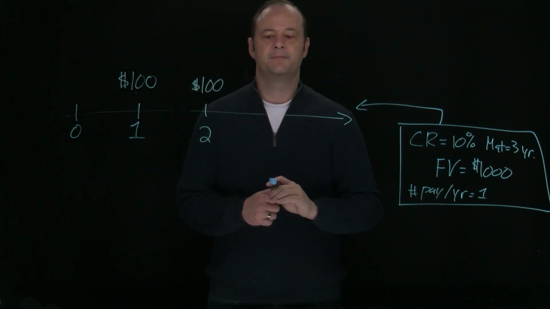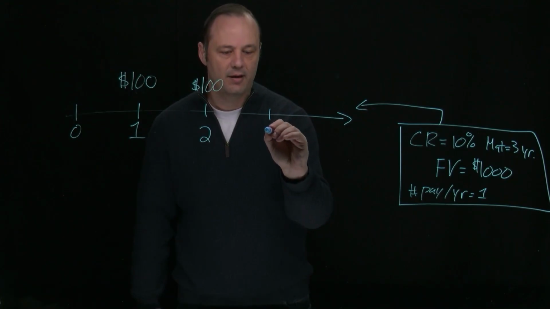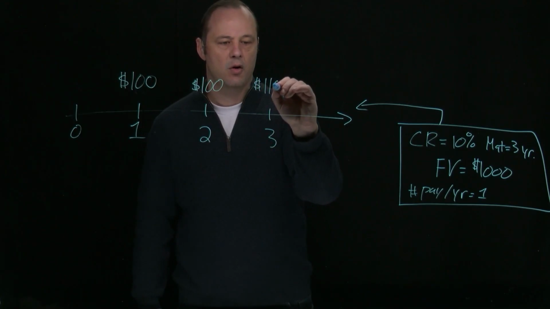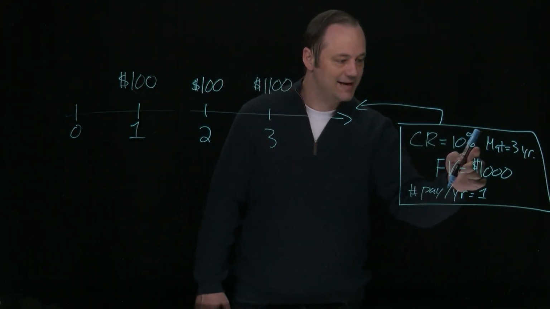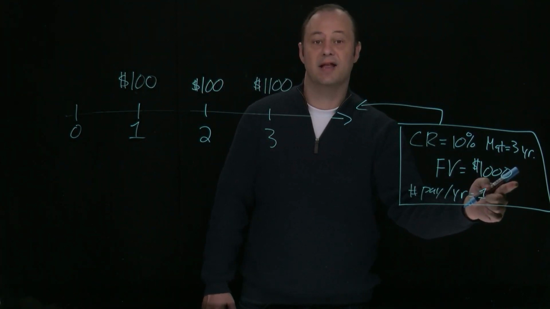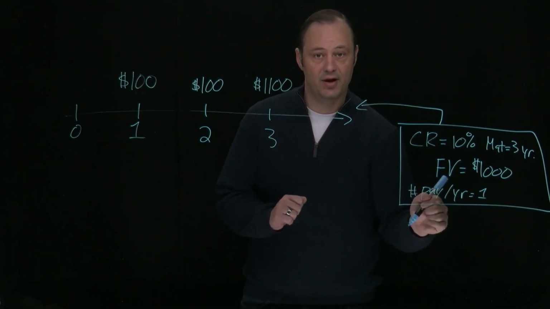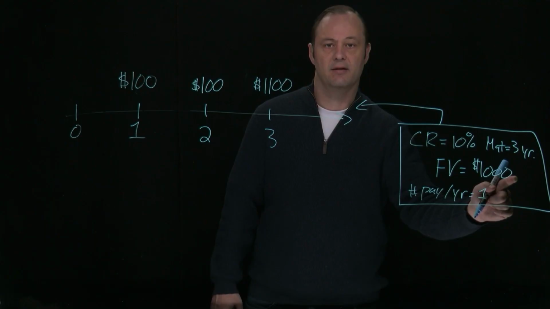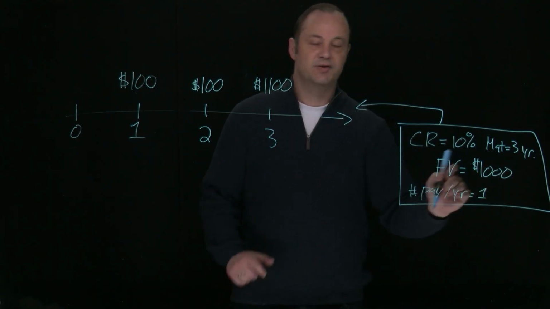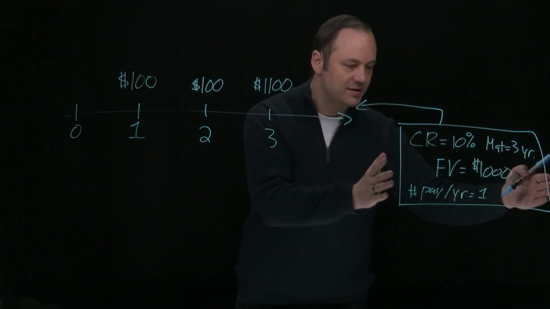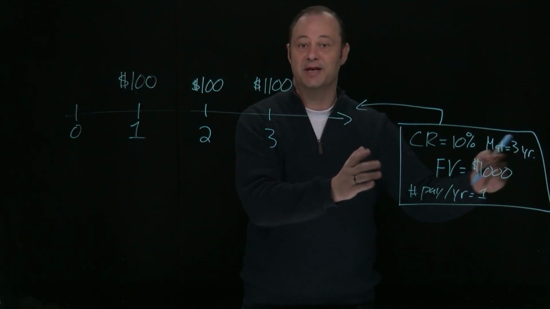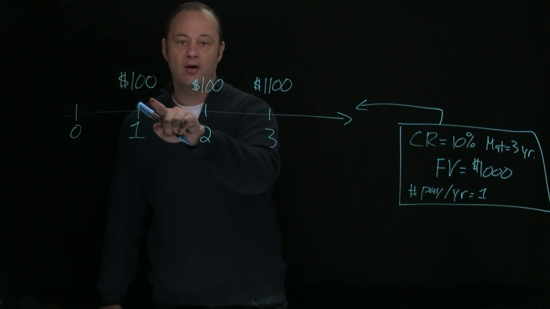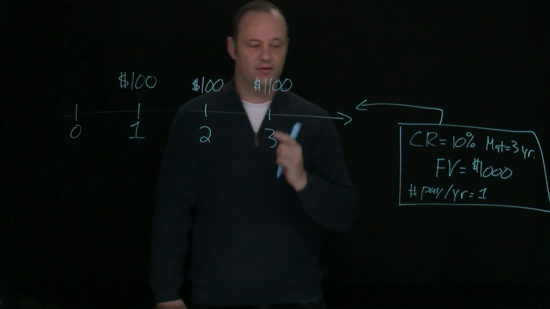Okay? And then at time 3, there will be what? $1,100. Why $1,100? It's the 10% times 1,000, that's the same 100 coupon payment every year, plus the big lump sum face value payment at the end, $1,100. So we know this coupon bond, in the old days, this piece of paper would throw off this stream of payments, 100, 100, 1,100.